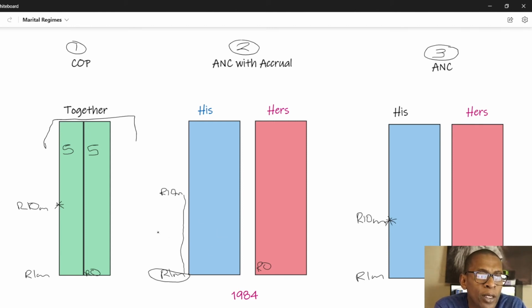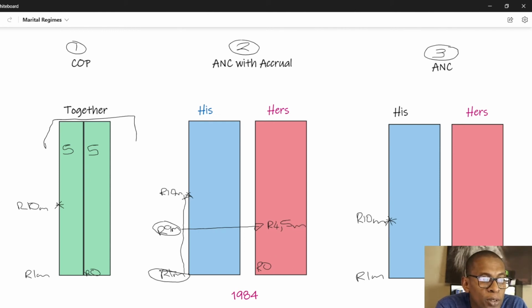However, his business is worth R9 million at date of dissolution of the marriage. It is this R9 million that is now going to be divided by 2, so that this R9 million could be shared with her. And if you take R9 million and divide by 2, you get R4.5 million. So at dissolution of the marriage, in this scenario,